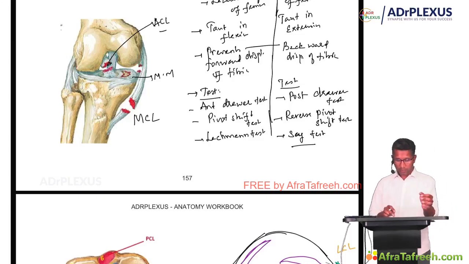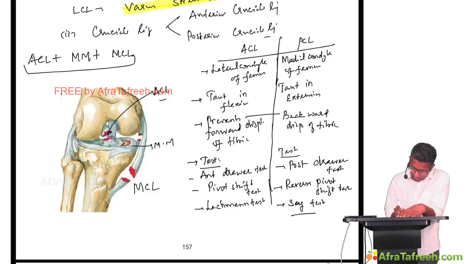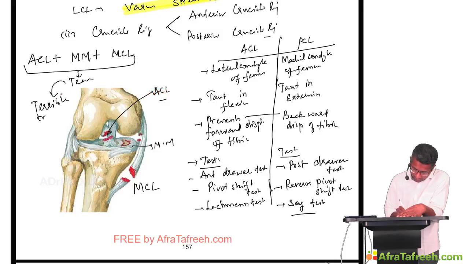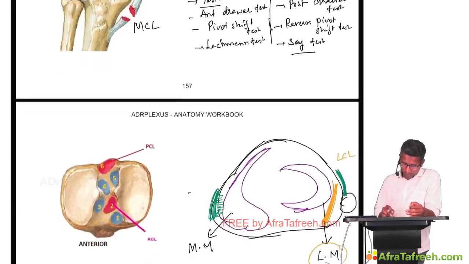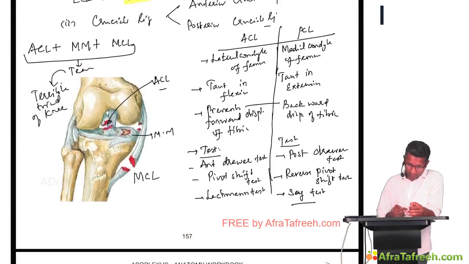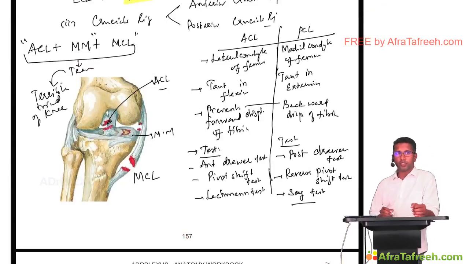So if there is an ACL rupture, plus a medial meniscus rupture, plus an MCL tear, when there is a tear in all these three structures, this is called what? This is called the terrible triad of the knee, also called the unhappy triad of O'Donoghue. So when you talk about the unhappy triad of the knee, where the ACL, medial meniscus and medial collateral ligament are injured, you